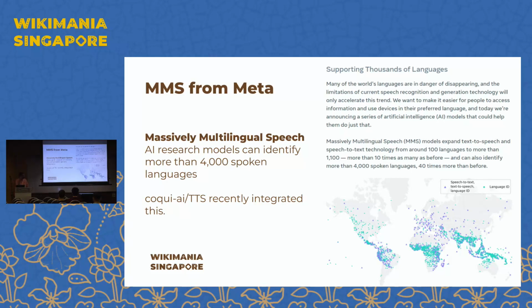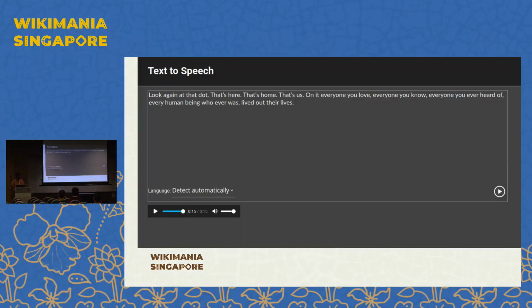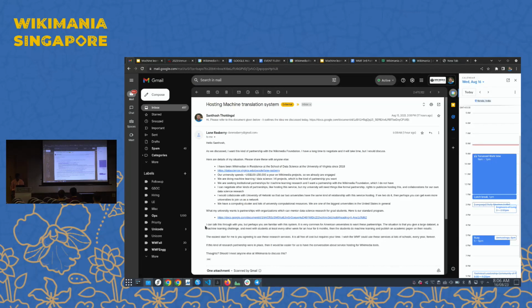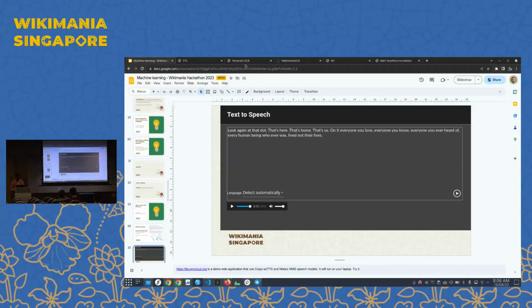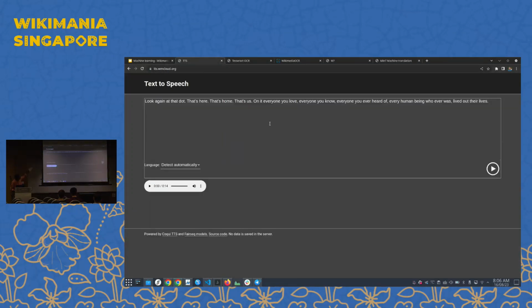But I was trying whether we can get that running on our local laptops. And it's possible. So here is a demo. I had linked about this application. If you go to tts.wmcloud.org, you can try it right now. And let me show you that right now. So one example, if you go to tts.wmcloud.org, you don't need to tell the language because, like I mentioned, we already have the capacity to detect the language of the text. So if you just run it.